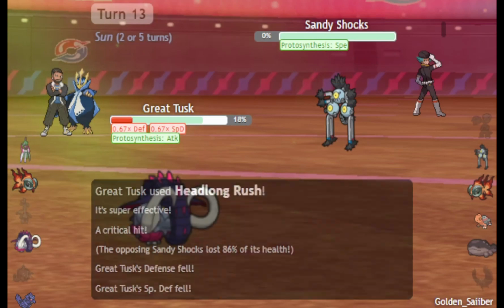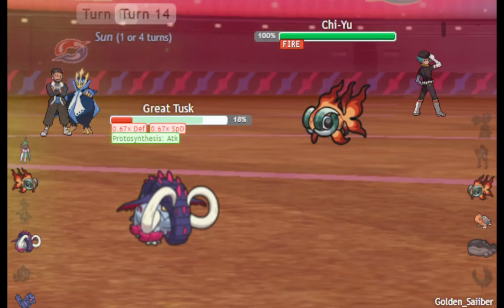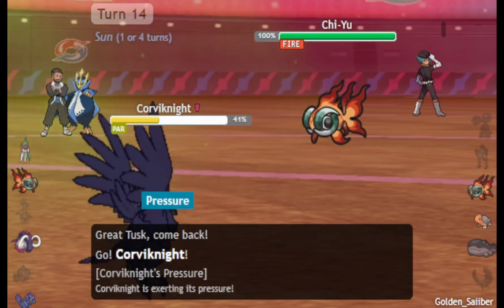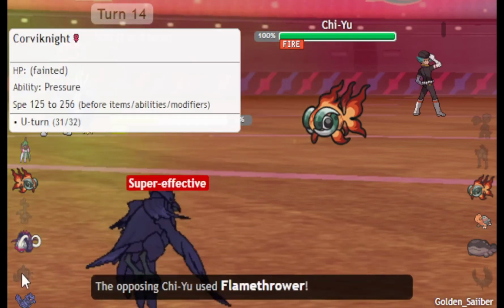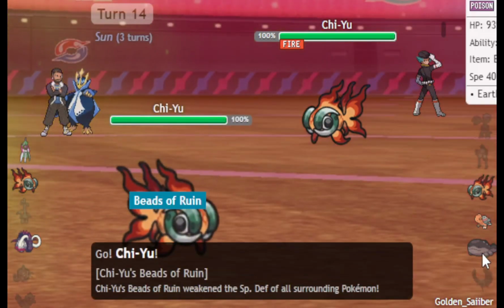And Headlong Rush, that's the name. Gets a kill. Chi-Yu means his Scarf. I want to keep this thing. Sack the Corviknight, most expendable member of the team. Flamethrower doesn't kill Chi-Yu, so I can go into it and click Overheat because he hits Clodsire and then OHKOs this thing